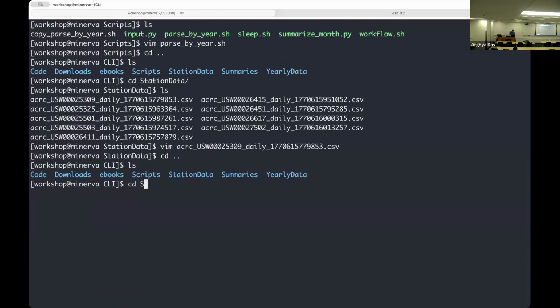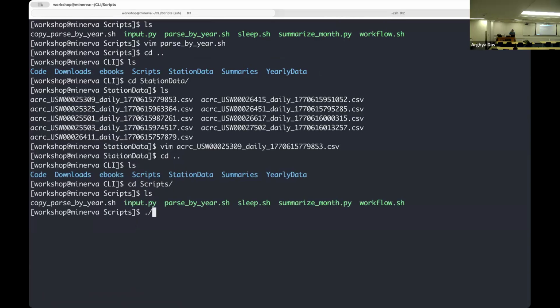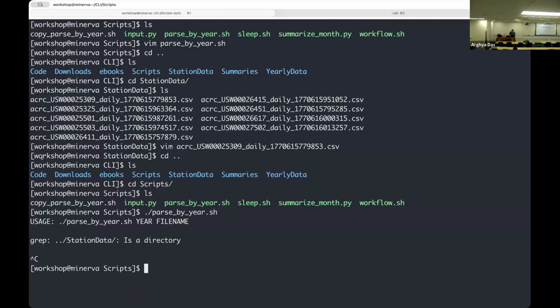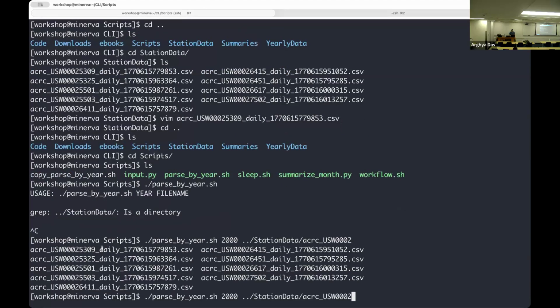Or I can just use this parse by year. It'll show what the usage is, and then it tries to grep something and can't because there are no arguments. So let's say I want all of 2000 and then station data, and we're going to start with whatever this first file is,